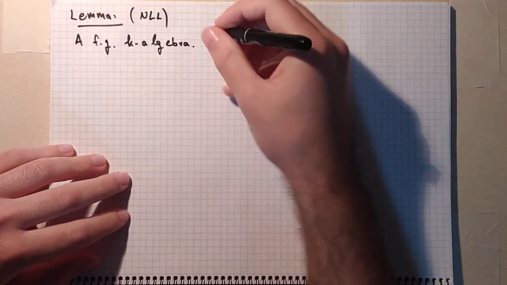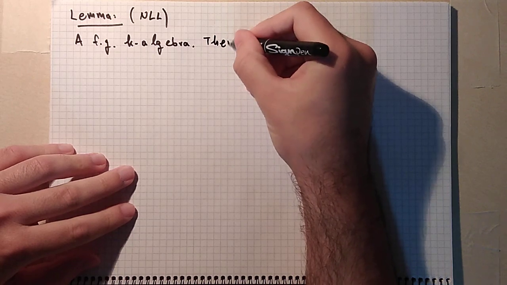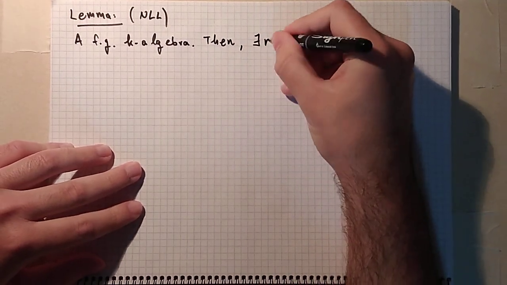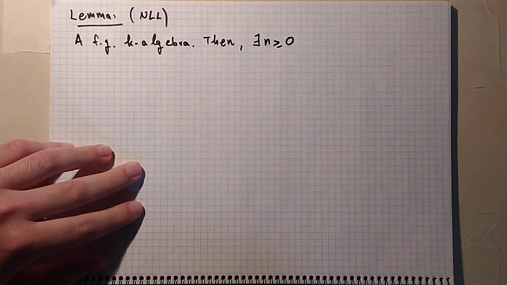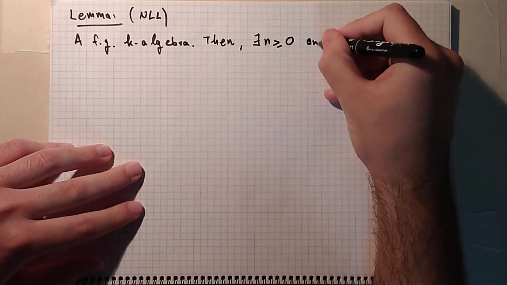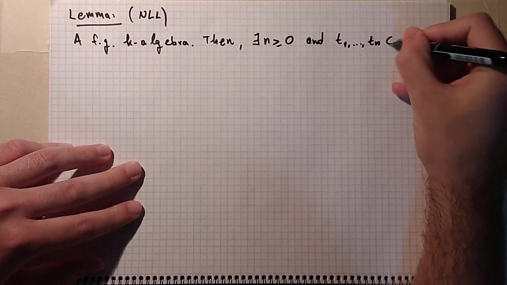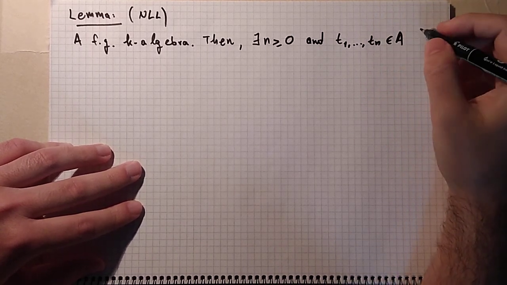K is just an arbitrary field. So I start with a non-zero finitely generated K algebra, and the lemma says the following. There's an integer n, which could also be 0, and elements t1, ..., tn of A such that